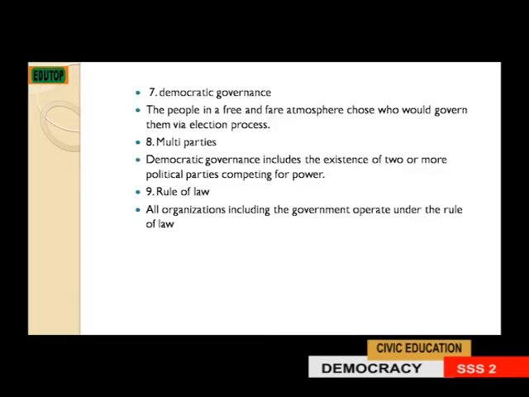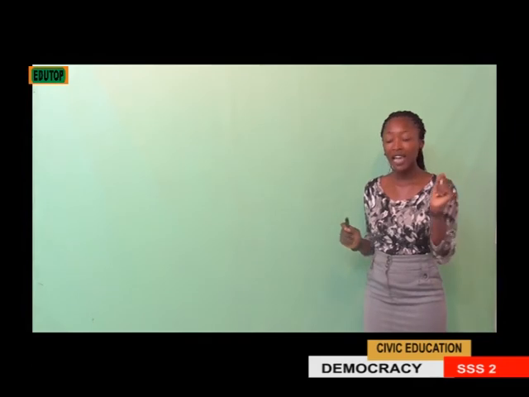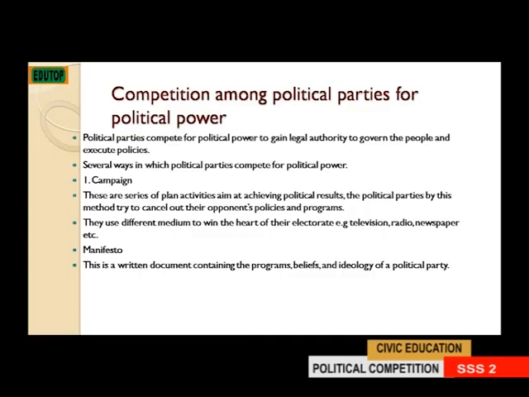9. Rule of law. All organizations, including the government, operate under the rule of law. This means that the law is supreme, no one is above the law, and everyone is treated equally before the law. Competition among